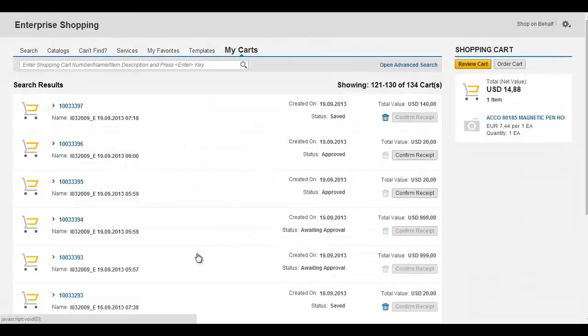This feature is enabled by default, but if there is a business case which does not require it, then it is also possible to hide this feature in customizing. Now I would like to show you how to hide this feature in customizing.